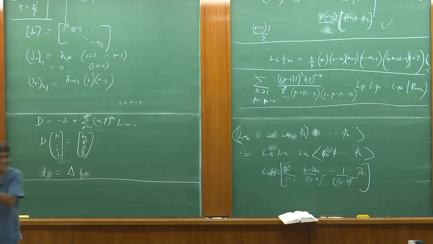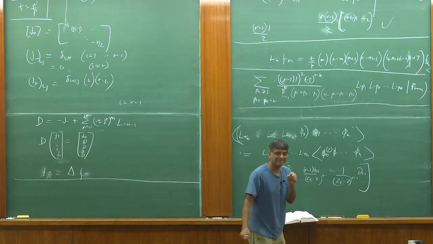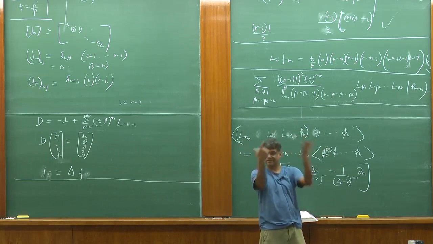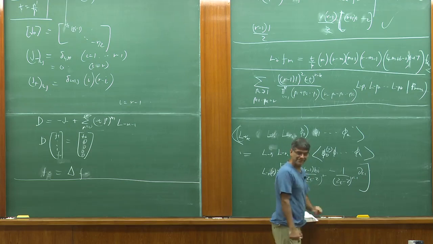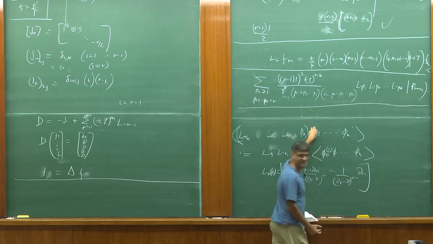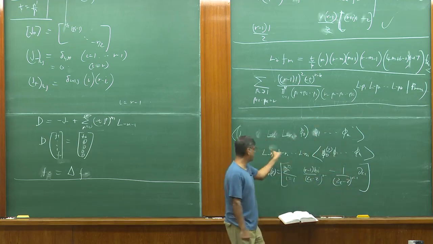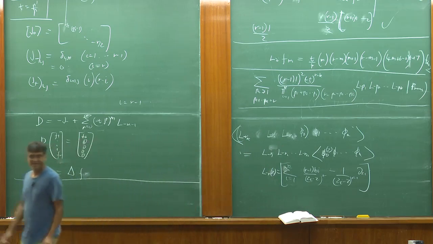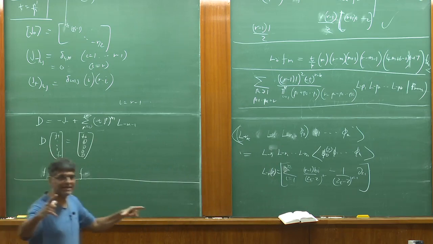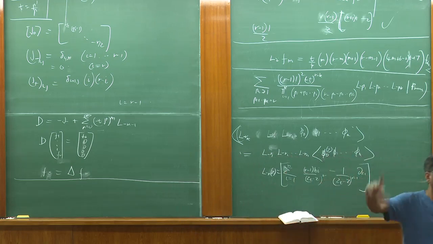So each of these guys, remember, acted on each one of the other operators, because you took this contour around and circled all of them. That's why we have this sum. You took this guy and moved it, you got this sum. Then you took this guy and moved it, you got the other sum. And that's what we've written here. Is this clear? So these differential operators acting on that correlator give you the action of that descendant,